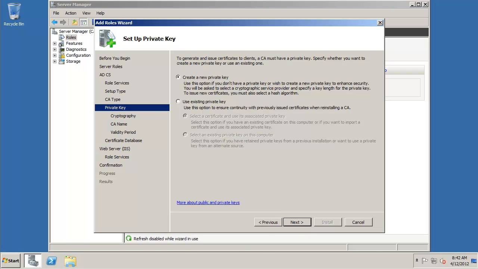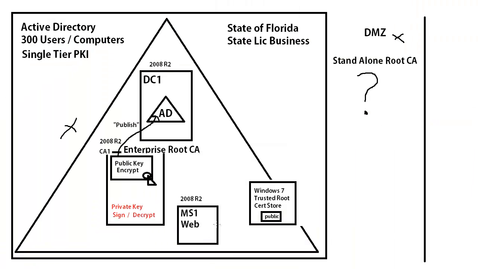And I just want to talk about the private key real quick. During the installation of the server, a private key gets generated. The purpose of the private key is to decrypt what the public key encrypts, and it can also sign. Now, it's going to be using some technology to do the signing, and I don't want to get too technical in this video, but the private key signing